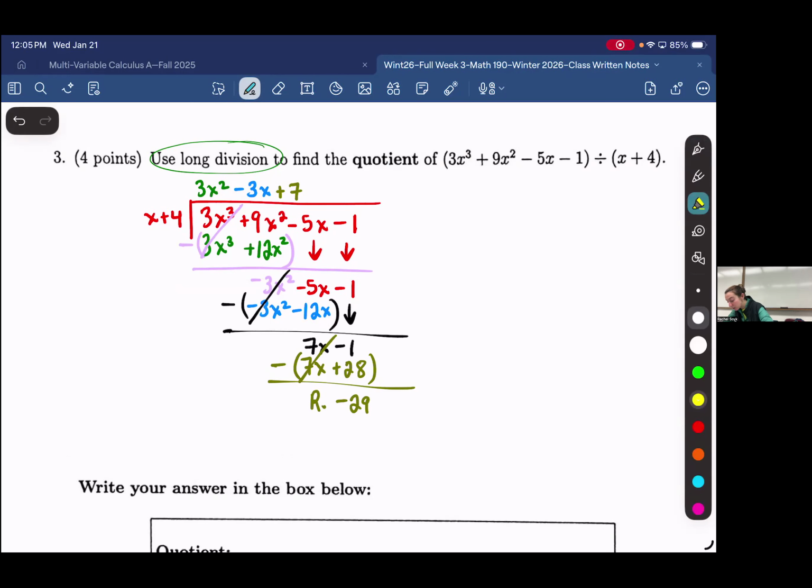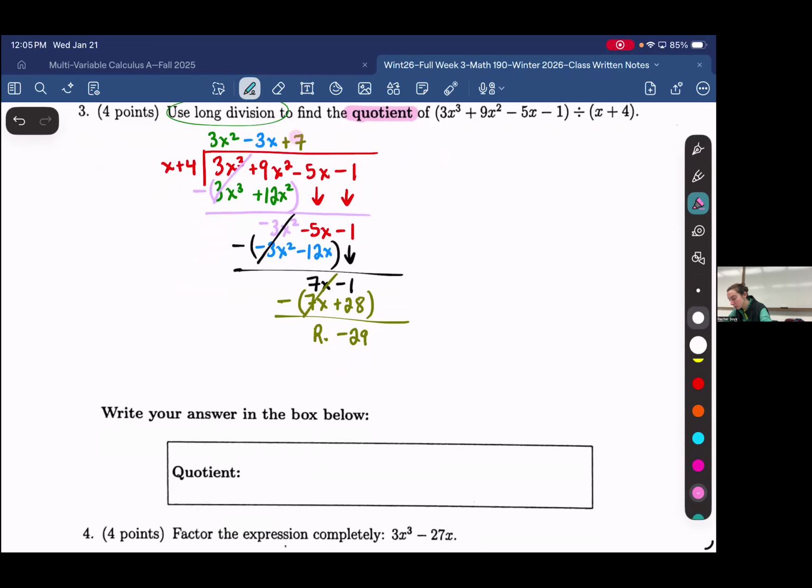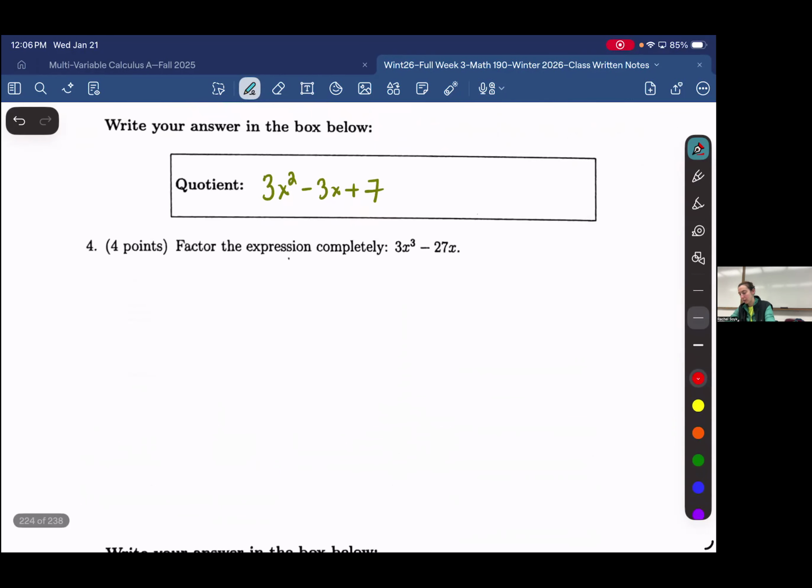Now they're explicitly asking us to find the quotient, so we do not include our remainder. We are just including what we have in pink for our final results. So we get 3x squared minus 3x plus 7, and we're done. Go ahead and move on to question 4, which is